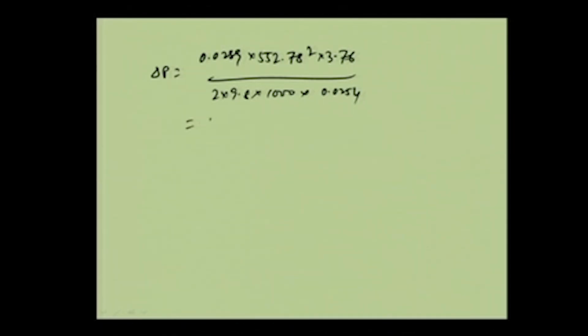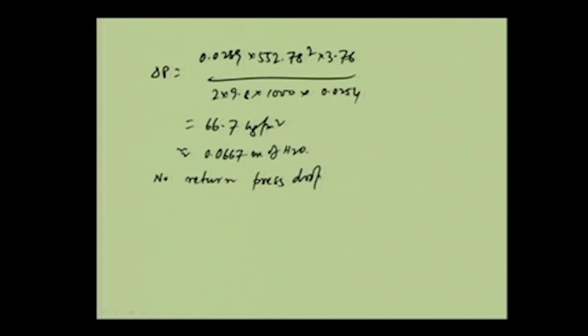Okay, so this becomes actually 66.7 kg per meter square, and this is nearly equal to 0.0667 meter of water. So this is the pressure drop,